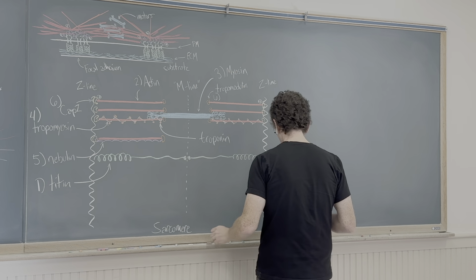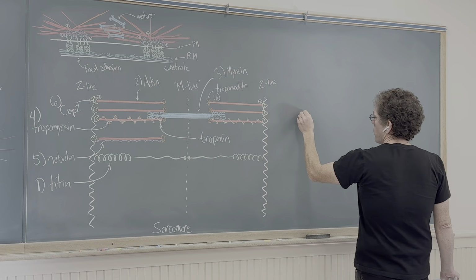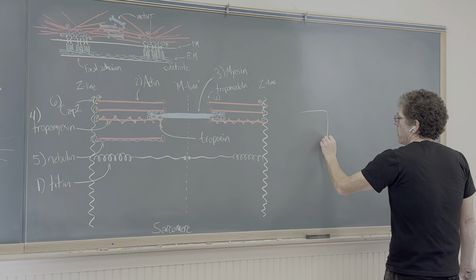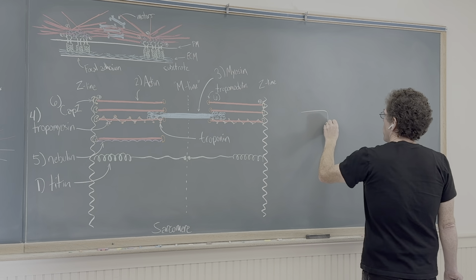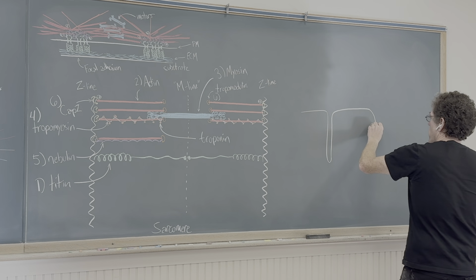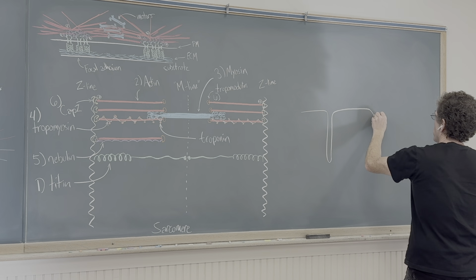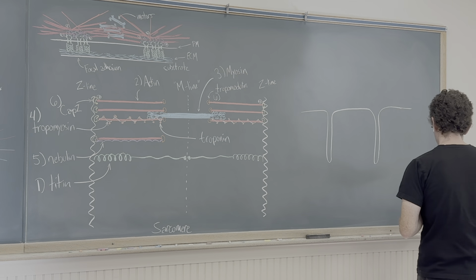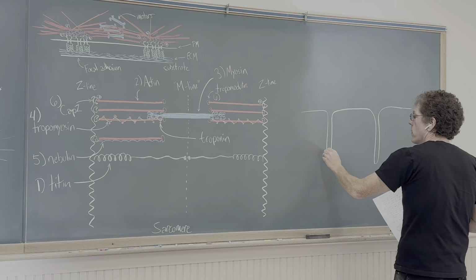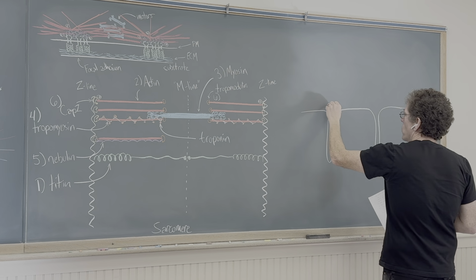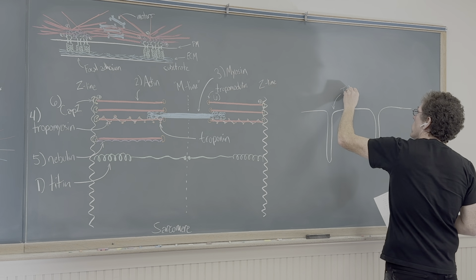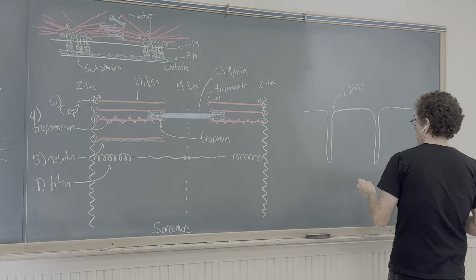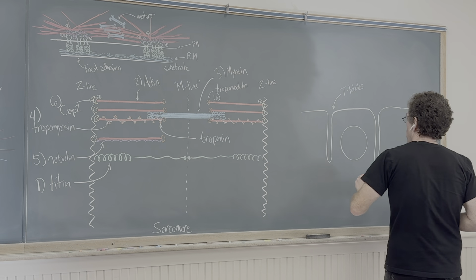But how does it contract? So let's finish the story there. If this is the plasma membrane of a muscle cell, or a section of it, the plasma membrane undergoes an action potential in response to the neurotransmitter delivered at the neuromuscular junction. That is, the voltage of the muscle cell membrane changes in response to acetylcholine, as it happens, delivered at the synapse. That electrical potential is conducted deep into the cytoplasm by tubes called T-tubules. They act like little wires that conduct the voltage change down into the cytoplasm. The myofibrils,